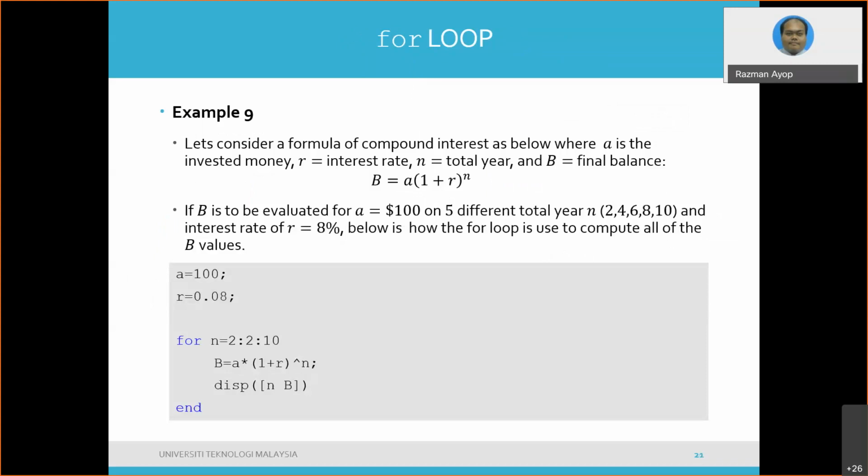Okay, we start with the first example. Compound interest. So this one, if I'm not mistaken, you already looked at it. B is the final balance, equal to A multiplied by 1 plus the interest rate, to the power of the year. This means that if, for example, A is 100 ringgit and the interest rate is 8%,